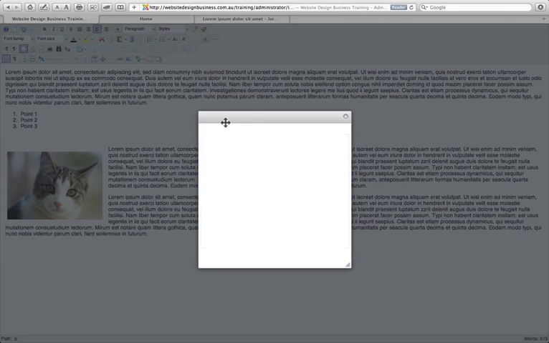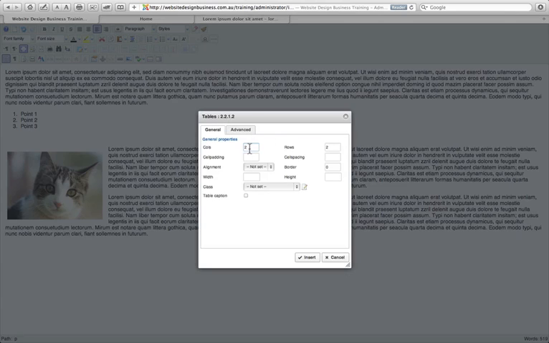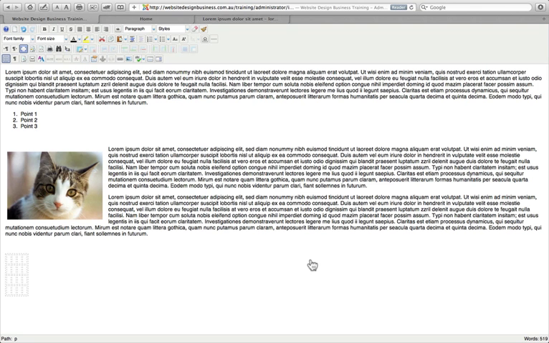insert a table. It comes up with its own default pop-up window, so I can establish, okay, so I need 4 columns, 4 rows, similar sort of table setup you use in Microsoft Word or some other publishing program. I can then just insert that. So then maybe it's a series of products. So name,